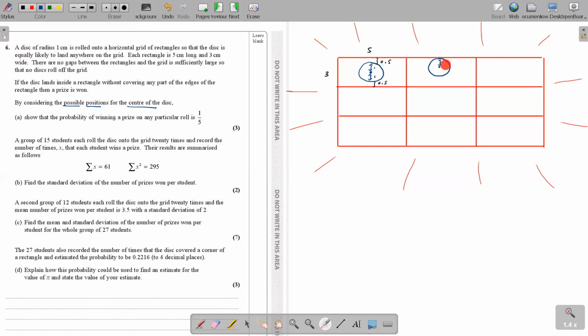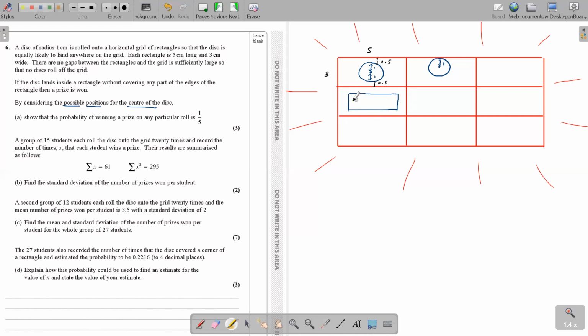So actually here, how do I say this properly? Here you have 1 centimeter tolerance. Shall I show you like this? Your center can fall anywhere inside a rectangle, keeping a gap of 1 centimeter from the corners. If the middle of your disc falls anywhere inside a small rectangle that has a width of 1 centimeter from the outer edge of the rectangle, do you agree that the disc will not cut the rectangle?